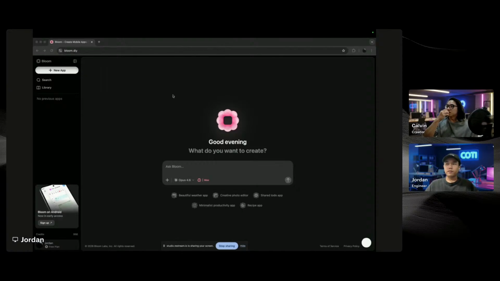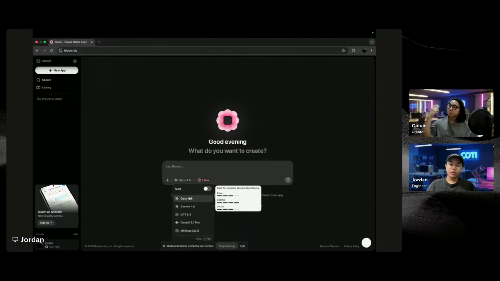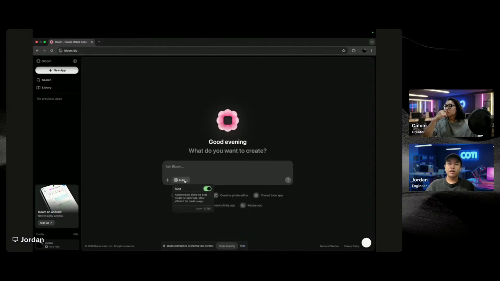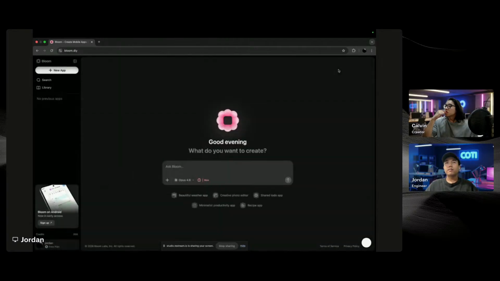How does this differ? Let's see. It's using Claude. Yes, it has multiple models that we can choose from, but of course we are going to use Claude. We can select auto. And let's look at the plan first. The free plan has 350 credits per month with 100 megabyte file storage. But today we are not touching the database. We might for a stretch goal, but for today's live stream,